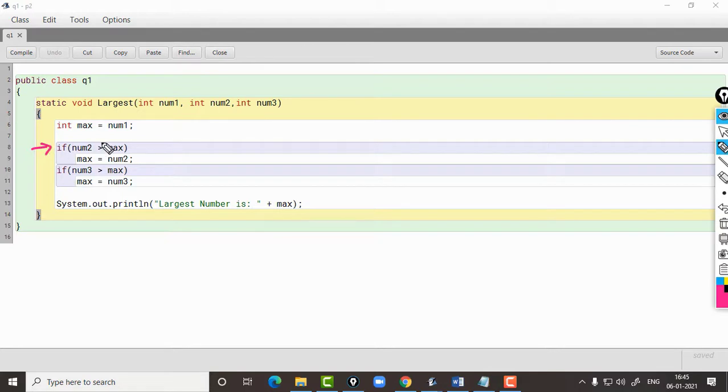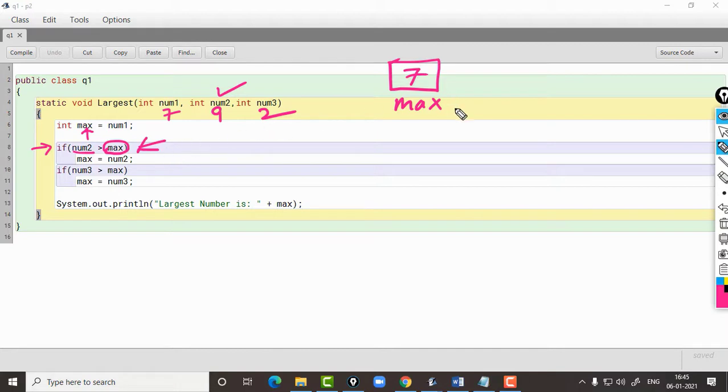So next we are checking whether the next number, that is num2, is greater than our max variable. If we assume 3 numbers, let us say 7, 9 and 2, in max we have 7 right now.